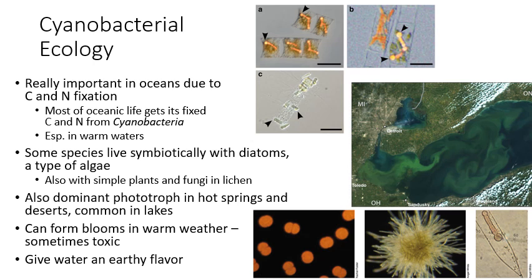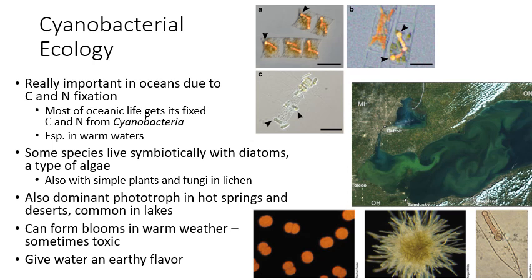And of course, they're especially important in warmer waters and less so in the colder waters. They like to live as symbiotes with different types of creatures. Some of them will live in the ocean in symbiosis with diatoms. A diatom is a type of algae that has a cell wall made out of silica that kind of